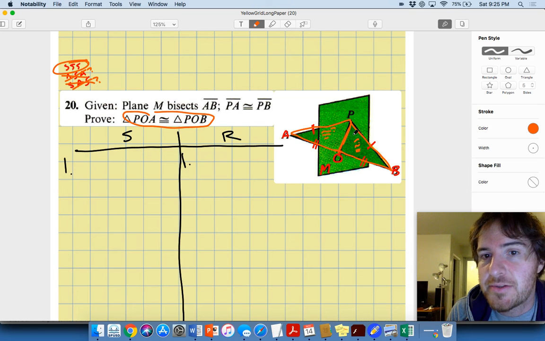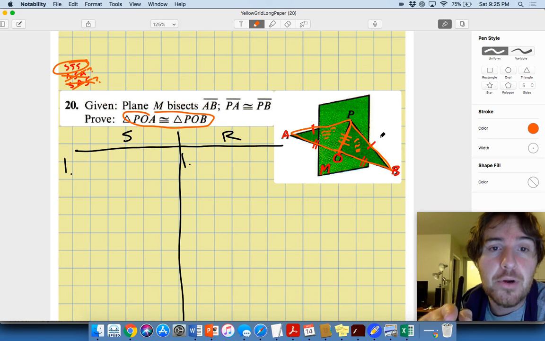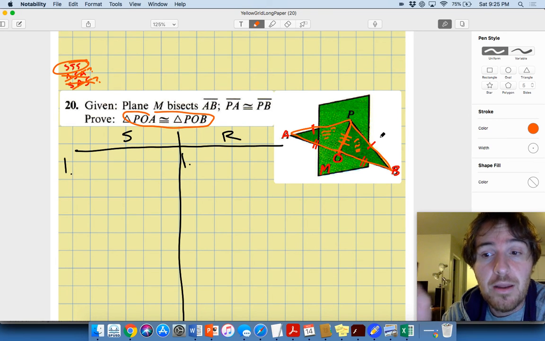Right? It's in both triangles. So PO is in both triangles. That means it's congruent to itself, right? That's congruent to itself. So that's why the reflexive property was a property that came up in chapter 1 because,